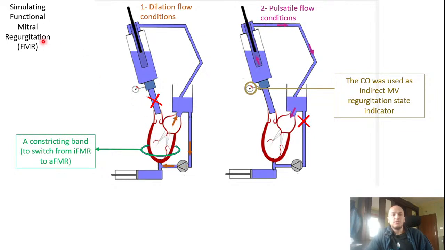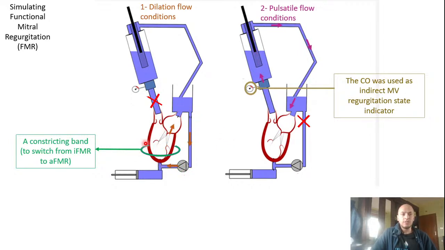So in this article, they're going to simulate this FMR inside a deer heart. So this is a deer heart. It's previously frozen, so it's dead. So the pulsation is going to be passive. So in order for the